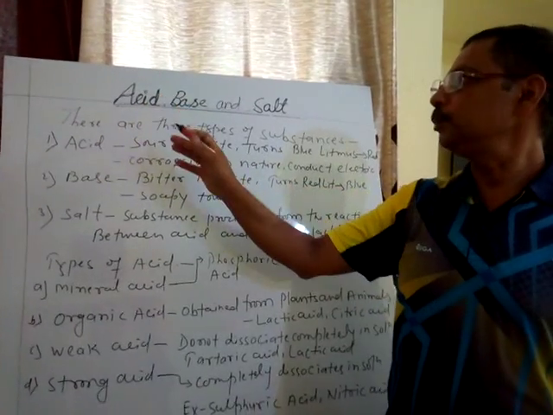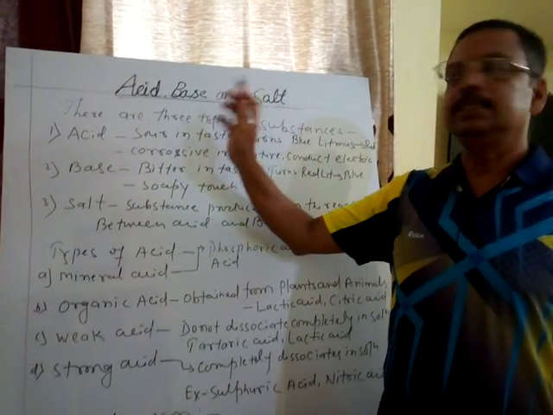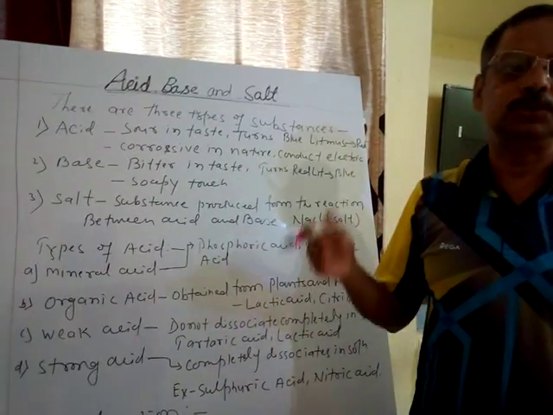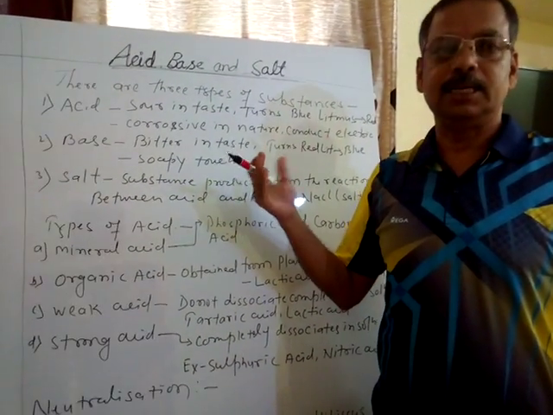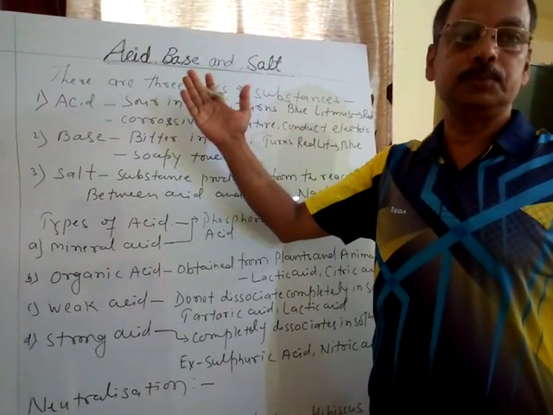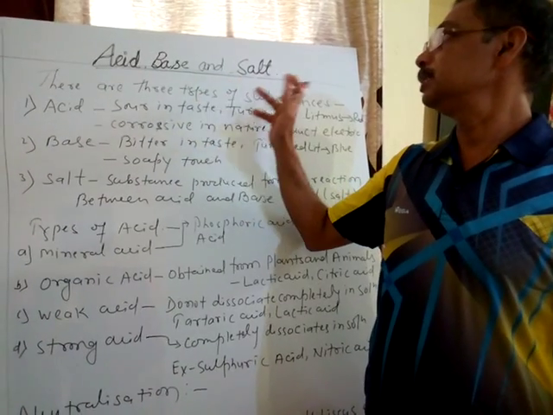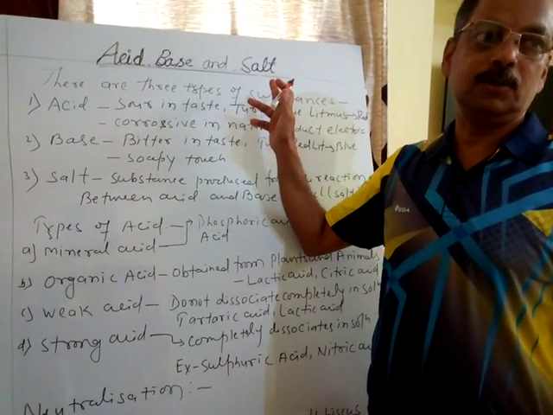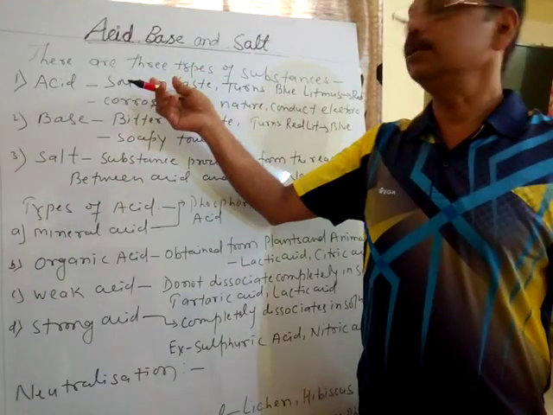Students, today we have a new chapter, that is acids, bases and salts. These acids, bases and salts we also get in our house, we also purchase from the market, and we have some common things that are present in our house. Acid is also present in our house, base is also kept in our house, and salt, that is the common salt which we call namak or sodium chloride, is also present in our house.